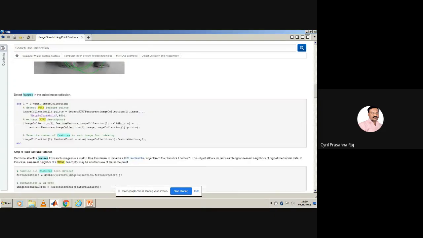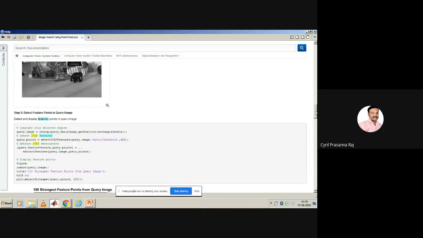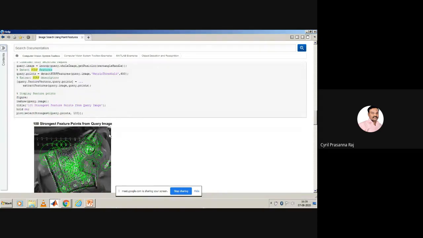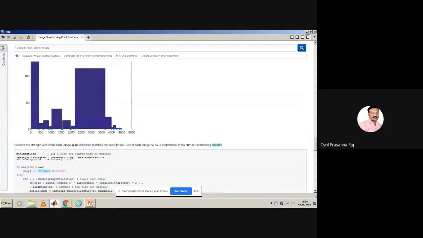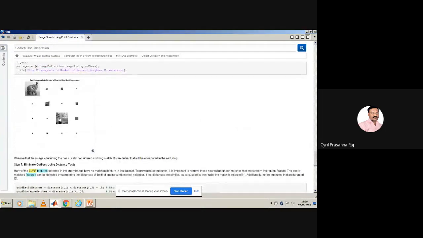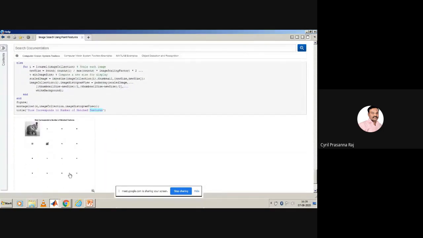Once they identify the feature points, they use those feature points to identify the object in a given image. In that image there is an object, and in that object there are features. So using the features, they identify what objects are available in a given image. That is where the SURF features function will help us. Then they further improve the number of features by changing the parameters, do the other analysis, and identify where this object is present in a given image. Only those objects get highlighted here.